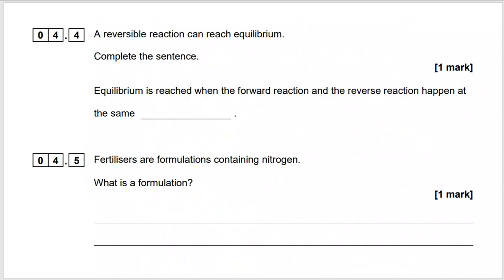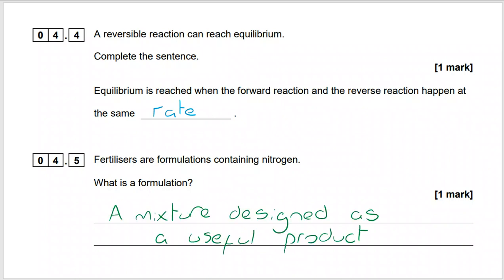For 4.4, a reversible reaction can reach equilibrium. Complete the sentence. Equilibrium is reached when the forward reaction and reverse reaction happen at the same rate. And fertilizers are formulations containing nitrogen. What is a formulation? This is a straightforward definition question. You simply have to know that a formulation is a mixture that has been designed specifically as a useful product